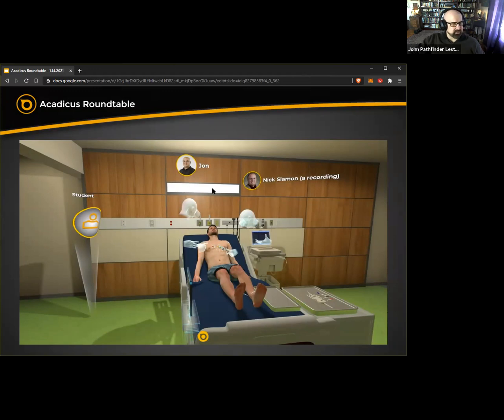And all these people, well, not Dr. Slamon, he's a recording, but the student and John could interact with each other. So this is an idea of how this all works, right? You have people in VR, and you can always see what they're looking at, and their hands and their positions, and they're pointing at different things, and they're manipulating objects. And as a student, you can actually manipulate objects as well, but not with the fidelity, obviously, of using